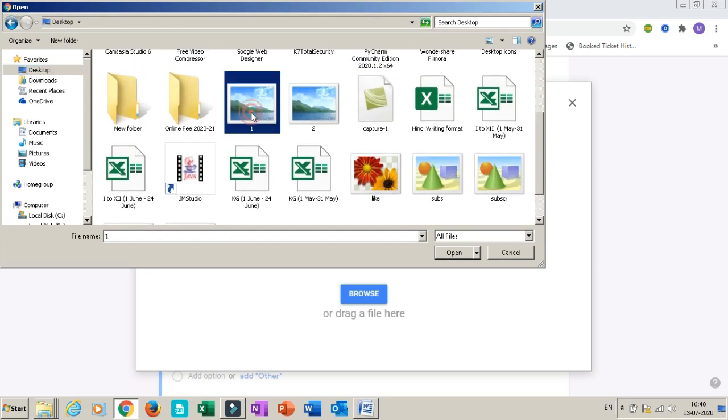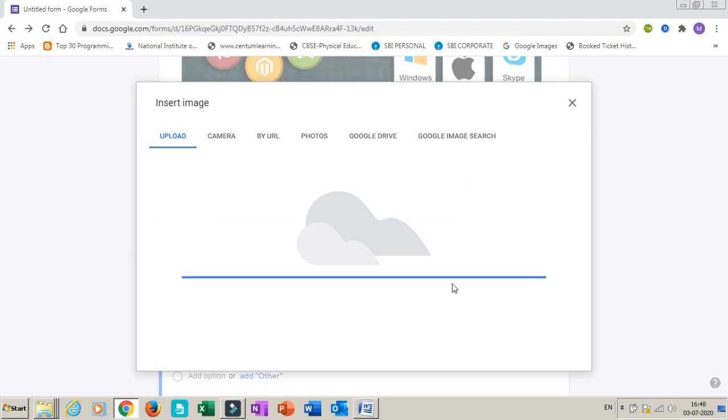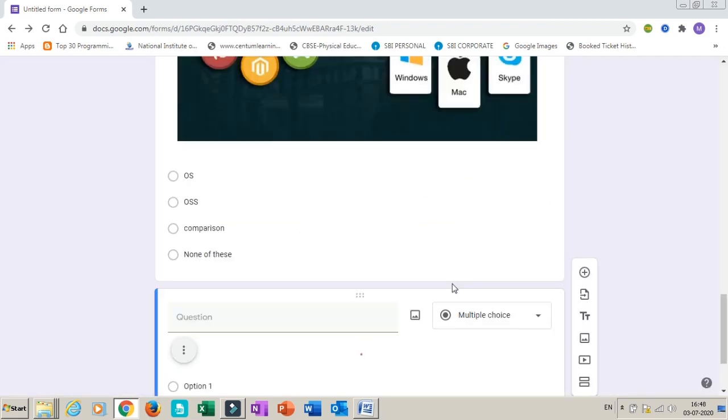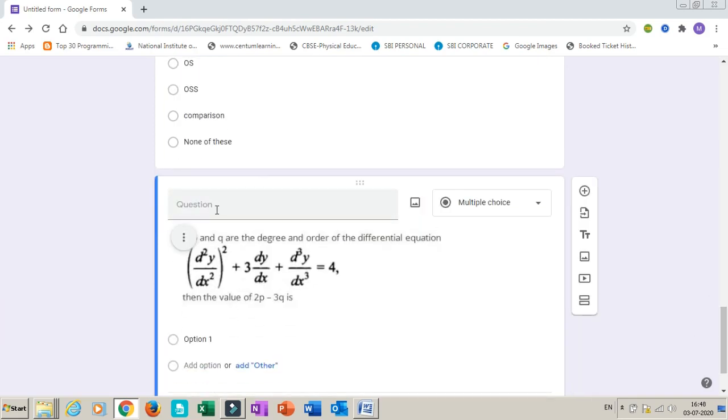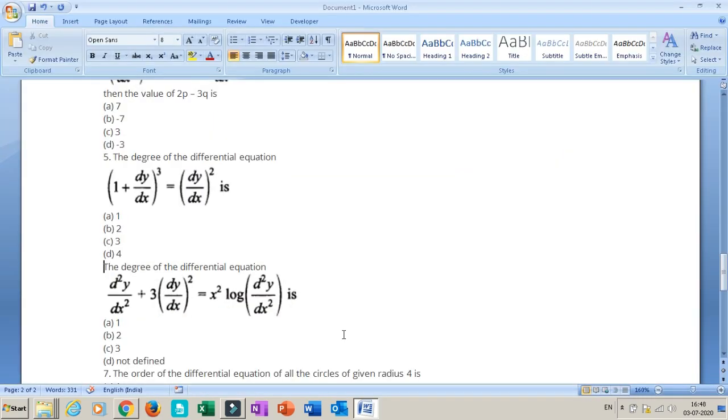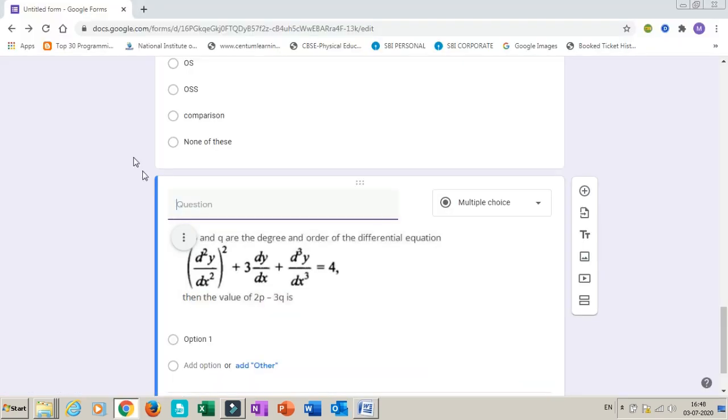You can see this is 1. Now the question is adding now. So you can see the question is added here. You can put the question number also if you want. Okay. So the question is added. Now based on this question, because the options are in a numeric form only, so there is no equation. So better you can select the option and just click here or just paste it here. So all the options are added.